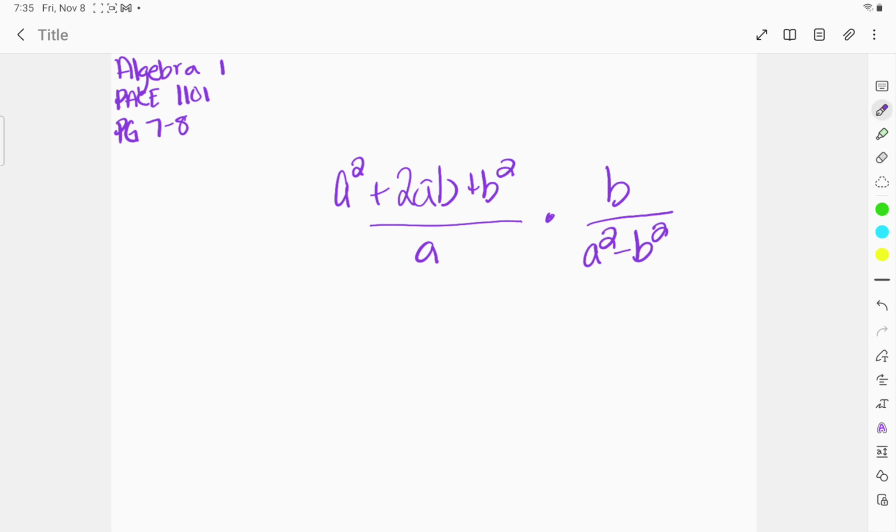Okay, if you've watched the previous video and you've been learning algebra up to this point, you should immediately recognize that this is a perfect square binomial and this is a difference of two squares. You should recognize that immediately. If you don't, you need to go back and watch the other videos. So when I factor a perfect square binomial, a perfect square polynomial,